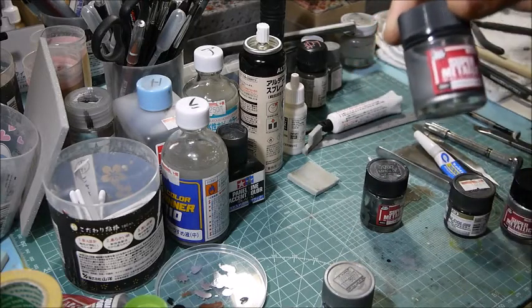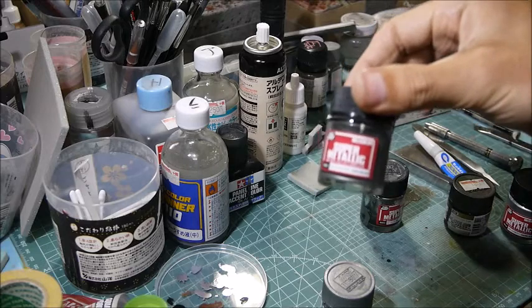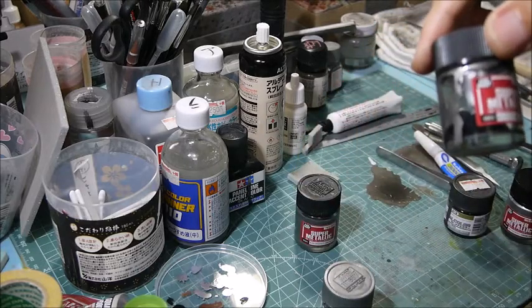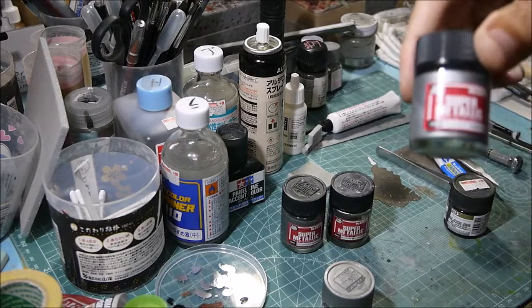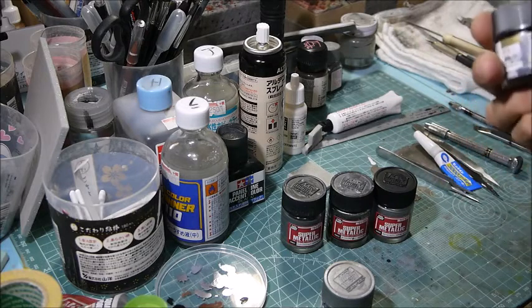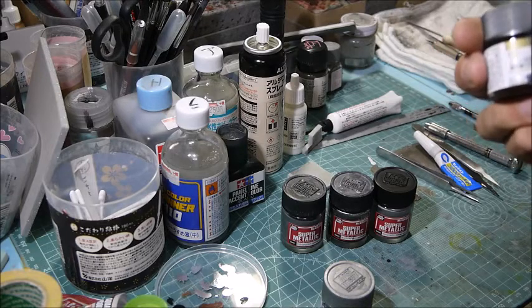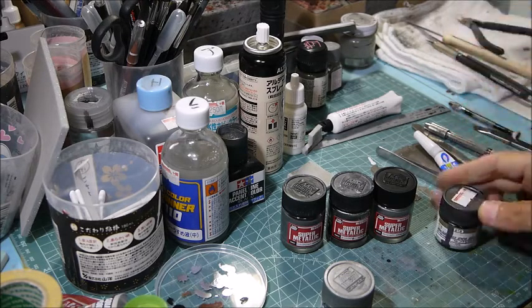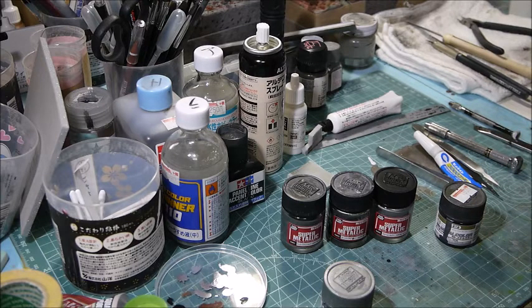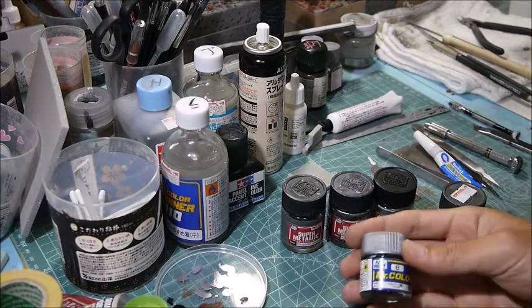This is SM01 super fine silver, and this is SM03 super iron. This is SM06 chrome silver, and this is a different kind of metal color, but very useful. This is number 212 iron, and I have some others, but I cannot find them because I don't use them so much. And number 8